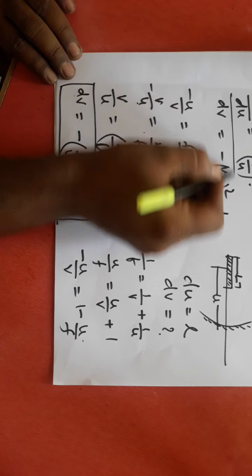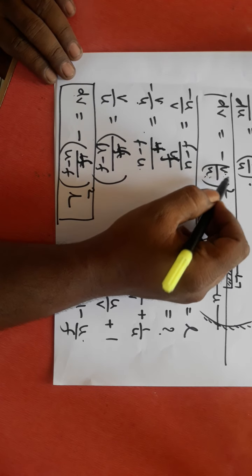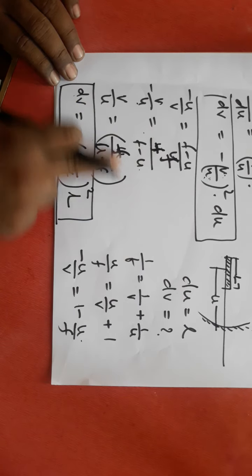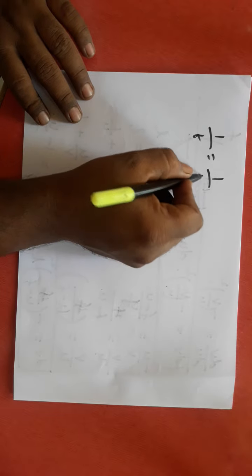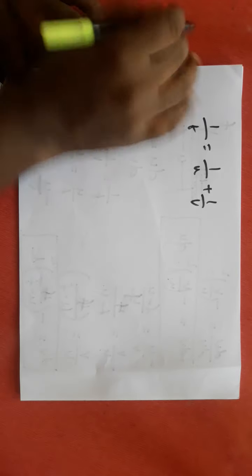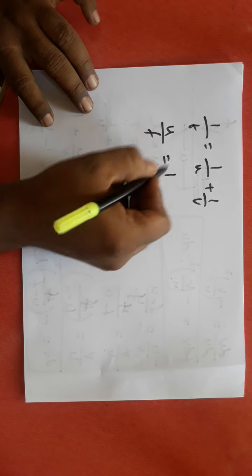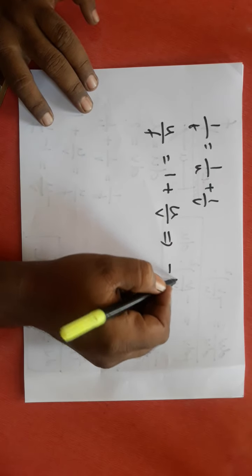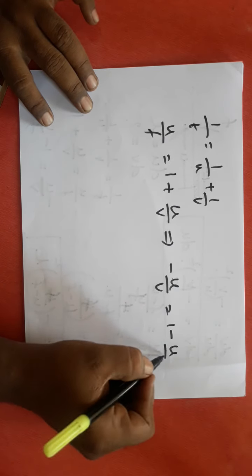See, this is the formula I should use. To use this formula, I should find v by u first. How I calculated v by u, did you understand this? See, one second, if you did not understand, see this. First you take this equation, 1 by f is equal to 1 by u plus 1 by v. Okay. Then multiply this by u. This is u by f is equal to, this is 1. Then this will be u by v. Then u by v goes this side. This will be minus u by v is equal to 1 minus u by f.